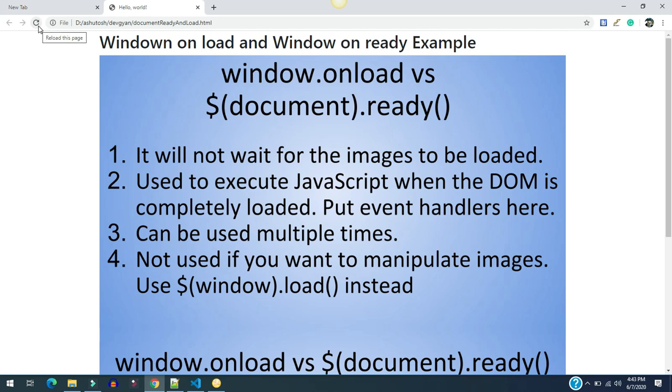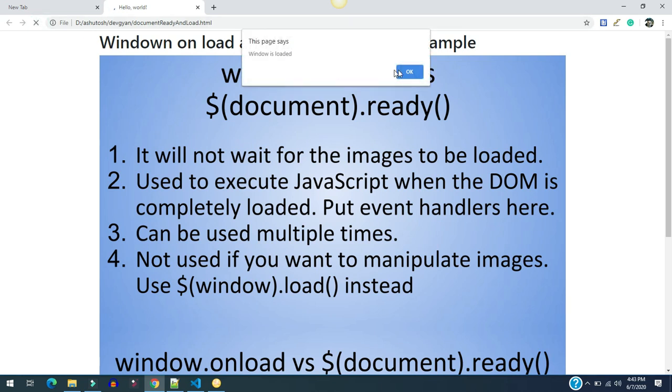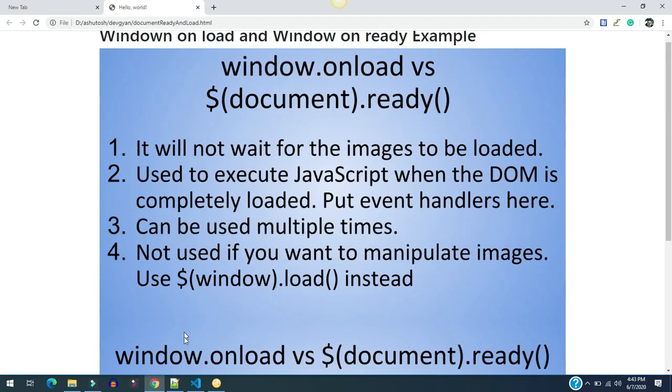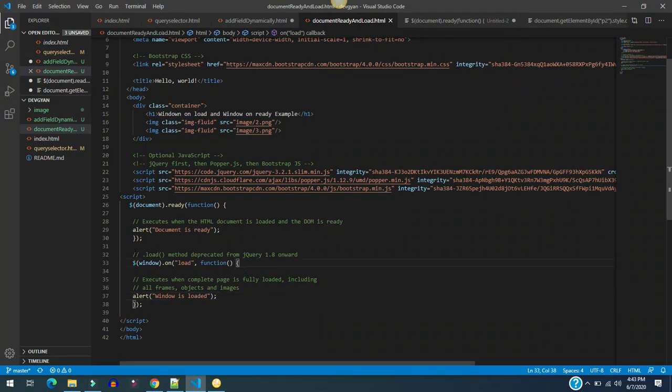So let's refresh it again. As you can see, our code is working perfectly fine using jQuery, but we can also do the same thing with vanilla JavaScript. So let's move to vanilla JavaScript and try to understand how you can do that.